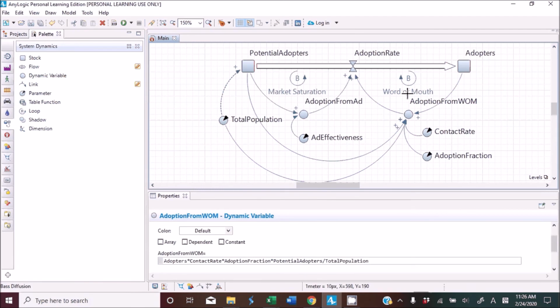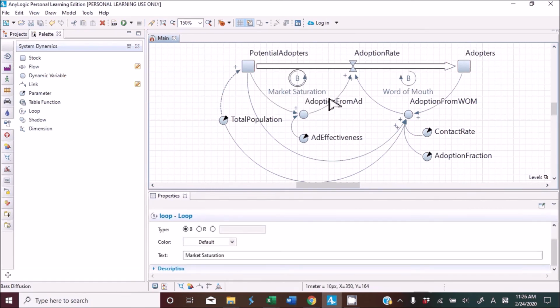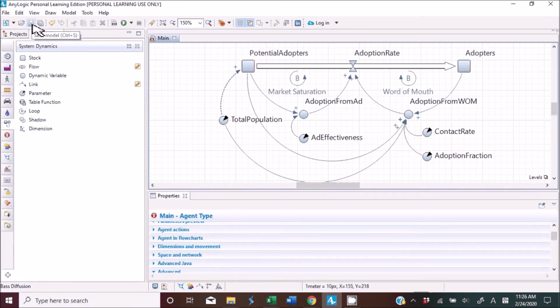Again, these will not affect your result. So these are just visualization. And save your model by clicking the save button, and then let's